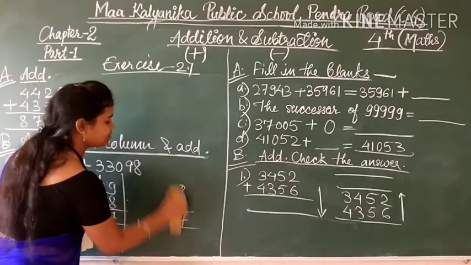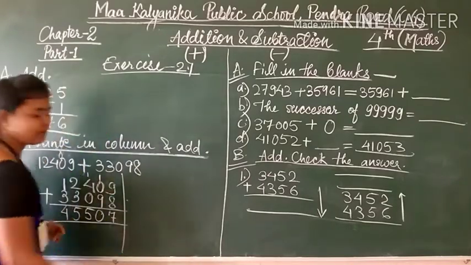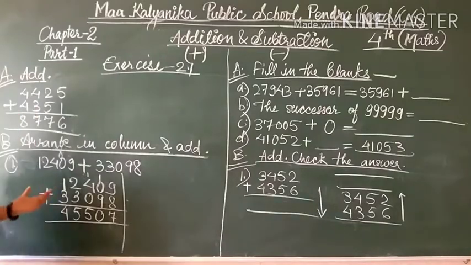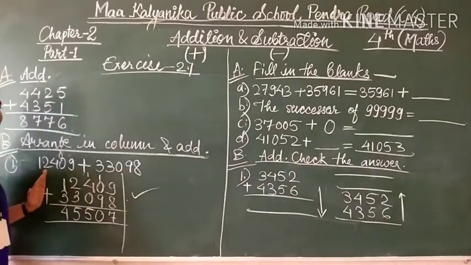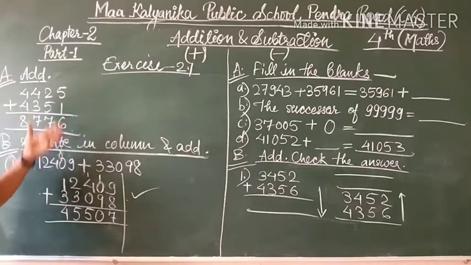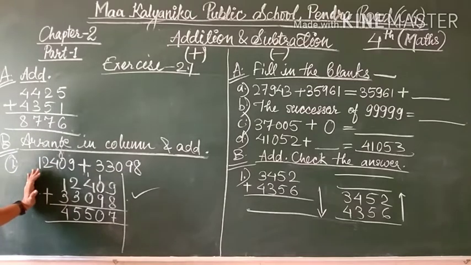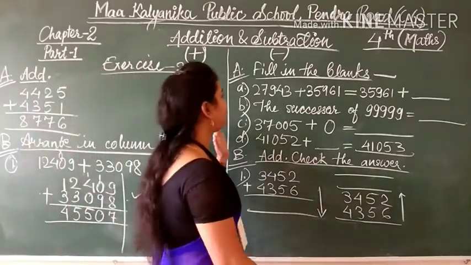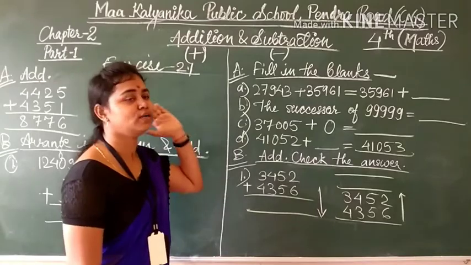You can write the second number first and the first number second, or simply write the bigger number first and then the smaller number; both are correct. In this way you can solve question number B of exercise 2.1. I hope the rest of the questions are easy for you after my explanation. Today I am also going to exercise 2.2.